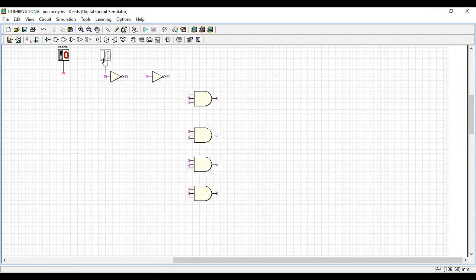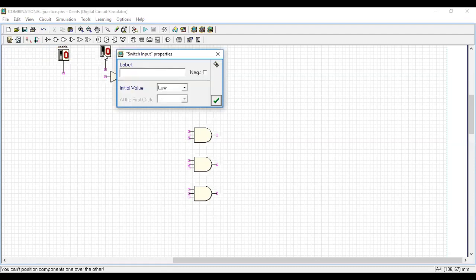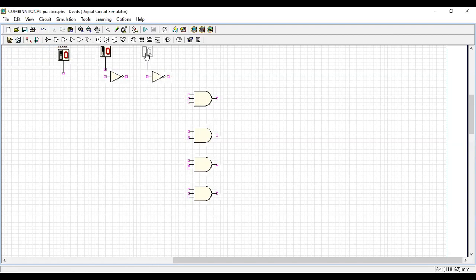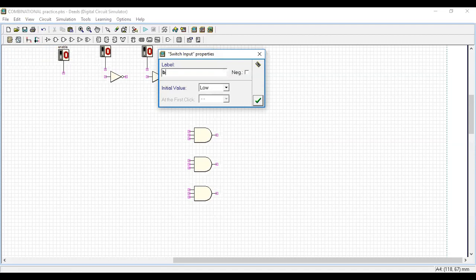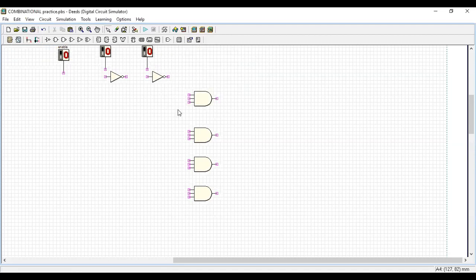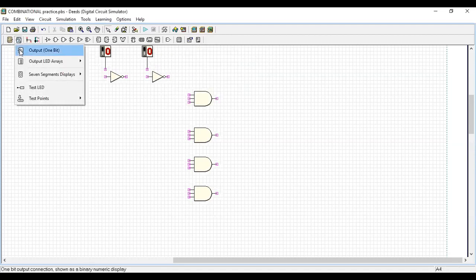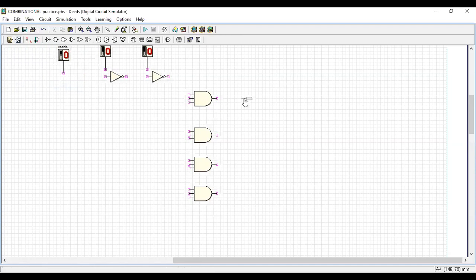The next switch is A. The next one is B, or else you can also take it as A0, A1 like that. Then you want the output LEDs. Yes, so that is done. Then the last one is wire. Yes, you can wire all the things.